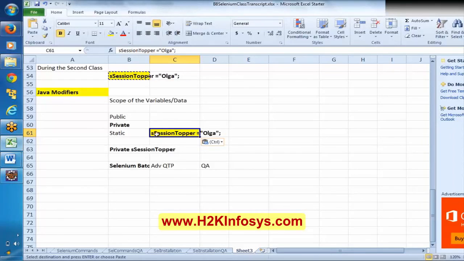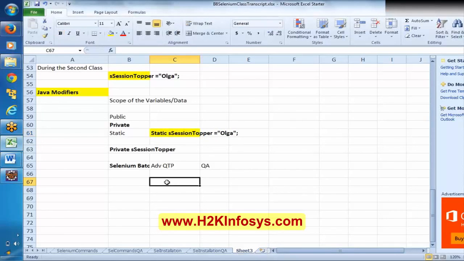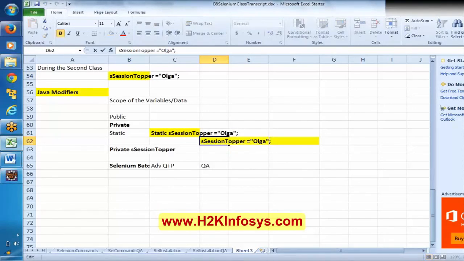If somewhere in the program you are trying to change this information to, say, Kumar, this is not going to be allowed. Static means whose value will be static, that cannot be changed further.